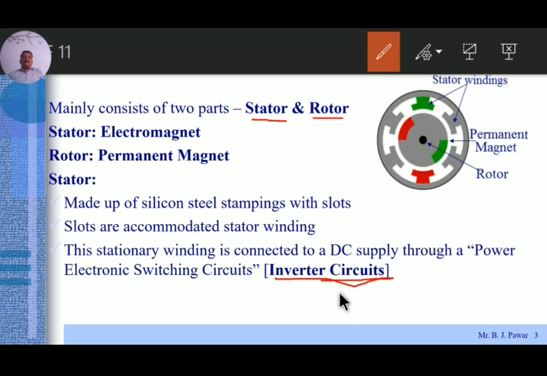What is the requirement to operate this motor? That is an inverter circuit. Now you might have a question: if we are calling it a brushless DC motor, why is there a need for an inverter circuit? Inverter means what? Basically what we discussed in previous lectures, during the working and operation of that inverter, its input is DC while its output is AC, right? So if it is an inverter circuit, that means the motor is an AC motor? No, it is not an AC motor. What is the purpose of that inverter circuit, or how that inverter circuit basically works with this BLDC, that we will go on to discuss.